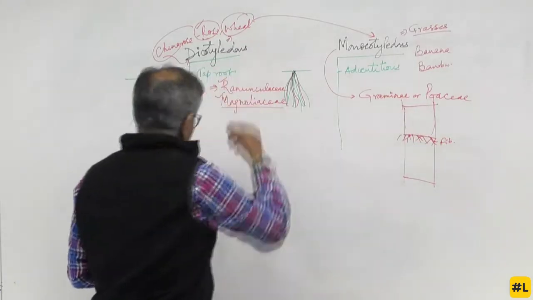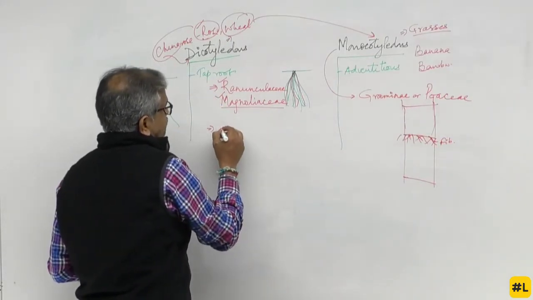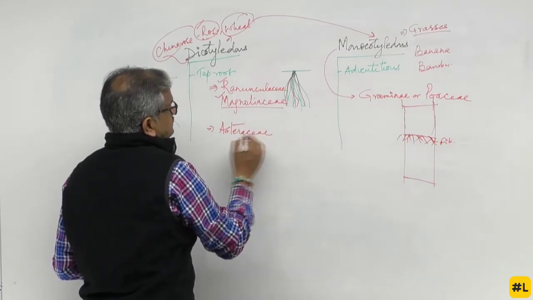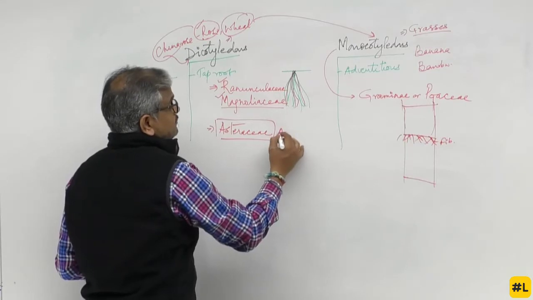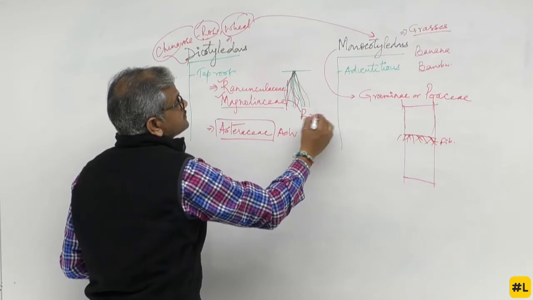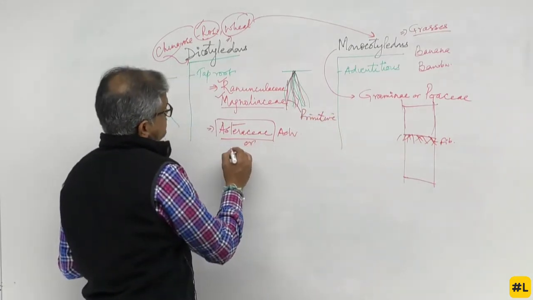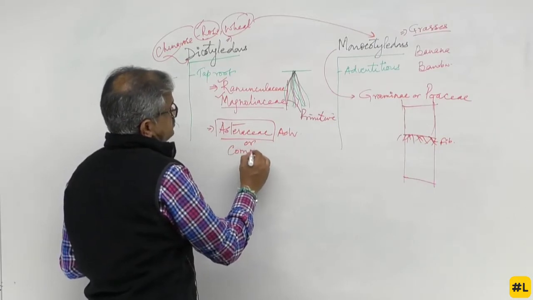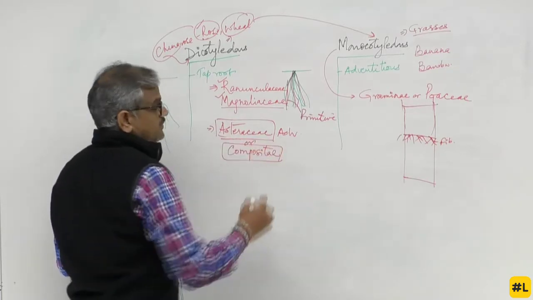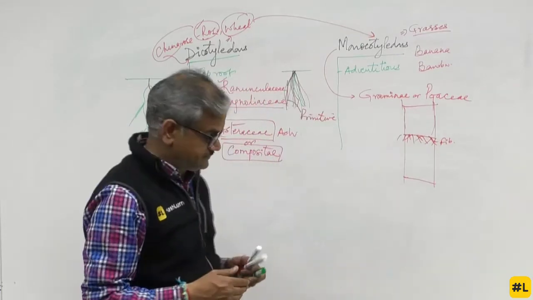And the most advanced dicot family, people say, is the sunflower family, that is Asteraceae. Asteraceae is the most advanced family. Ranunculaceae is one of the two most primitive families. Asteraceae is also called as Compositae. This is the old name. Now nobody talks about it, everybody talks about the Asteraceae family. I will come back to it, Ganesh.